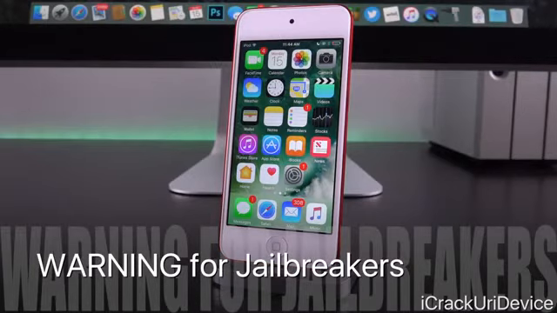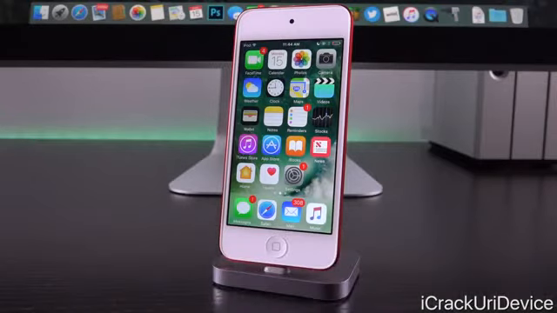It's incredibly risky because while Apple is still signing iOS 9.3.3, the latest firmware supported by the Pangu Yahoo jailbreak, iOS 9.3.4 is actually the latest public firmware, and that closes the jailbreak. Apple will soon stop signing iOS 9.3.3, and then you'll only be able to restore to iOS 9.3.4. So if you miss that window, you will be locked out of jailbreaking. Just wanted to let you guys know that in advance.